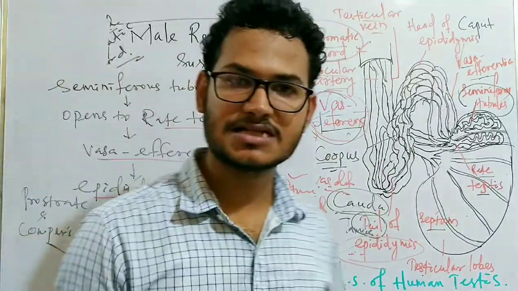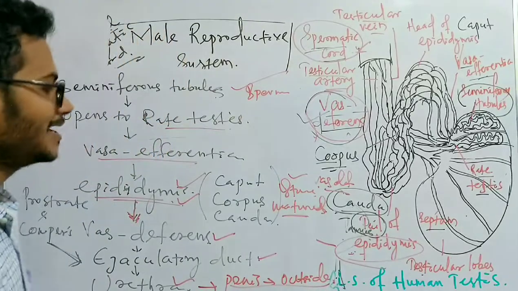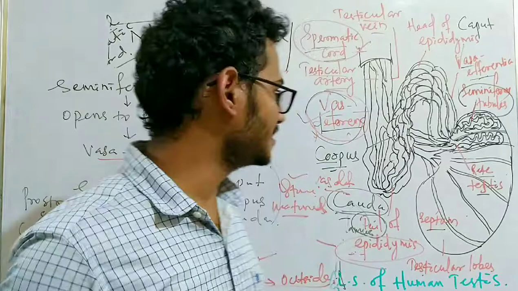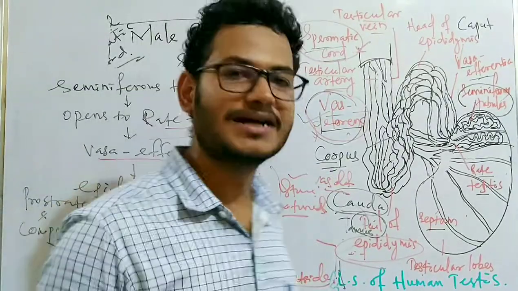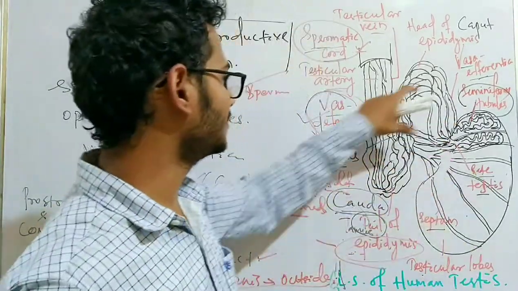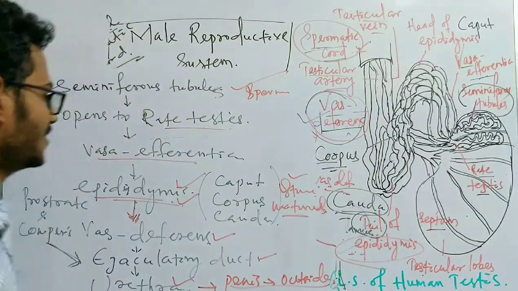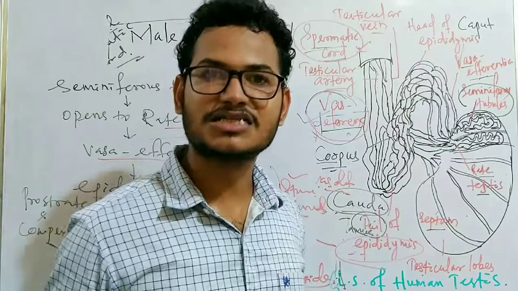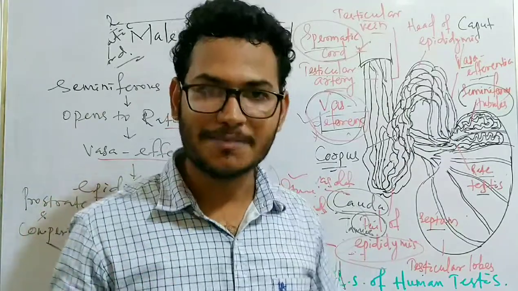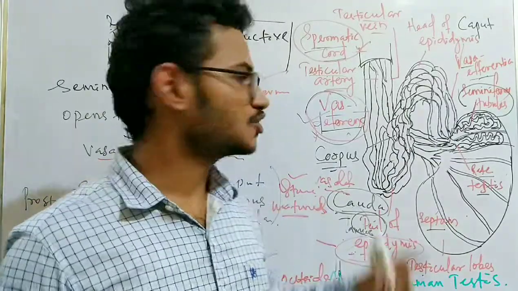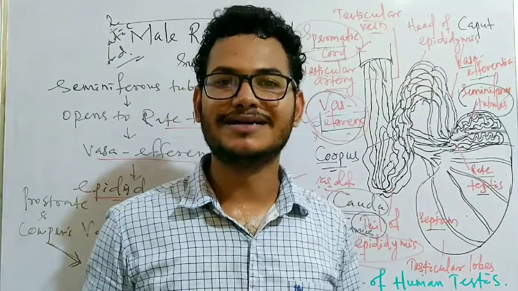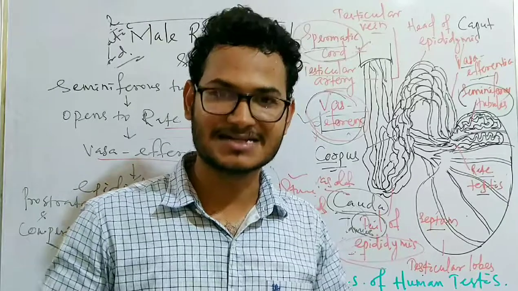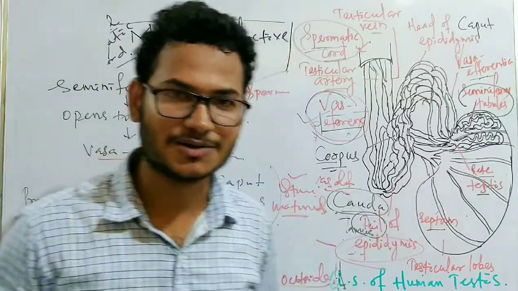So this is how the different parts of the testes, the location and shape of the testes, why it is located outside the abdominal cavity, what the different ducts associated with different glands are, and how the testis manufactures the sperm and makes it mature and motile so that it will come out and take part in the process of fertilization. So this is all about the testis and different ducts associated with it.